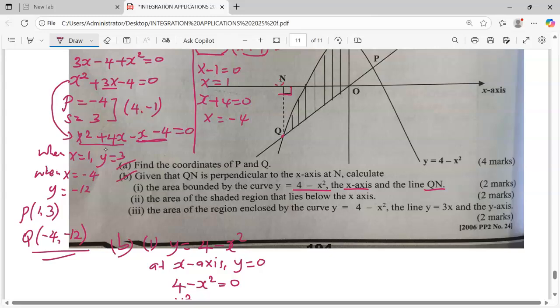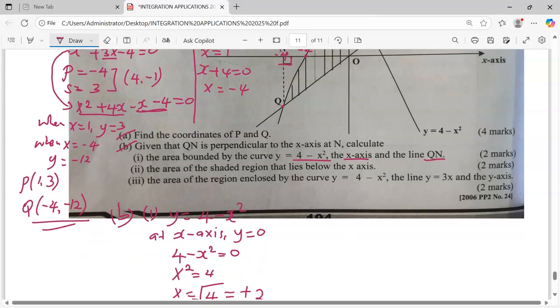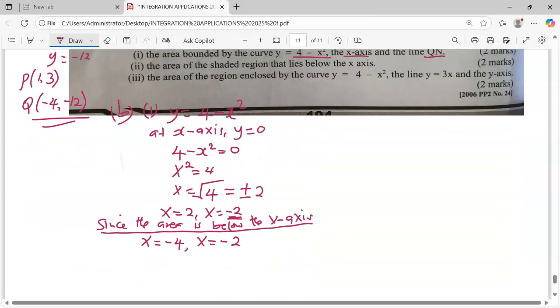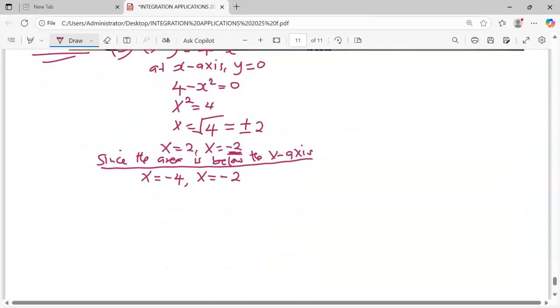At this point x is -4, and at this point x is going to be -2 here. So we are going to get the area of this unshaded part, and therefore